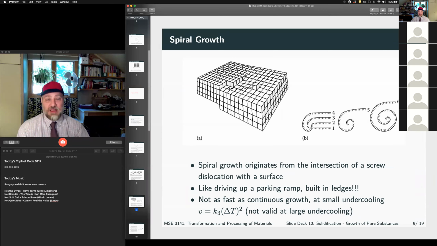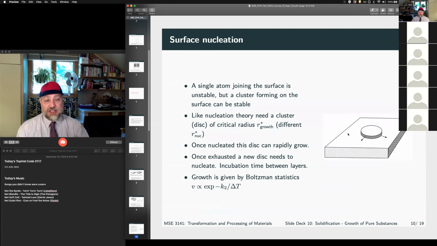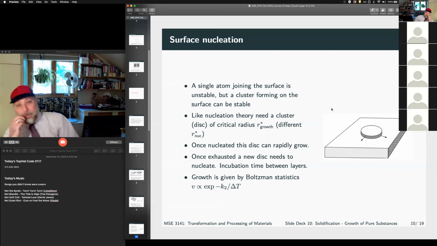So this is a ubiquitous kind of thing. And actually, surface nucleation is something you probably run into a little less often. This tends to happen when you have solute processing of ceramics, like sol gel type reactions and things like that. But anyway, we already know that a single atom joining onto this surface is unstable,